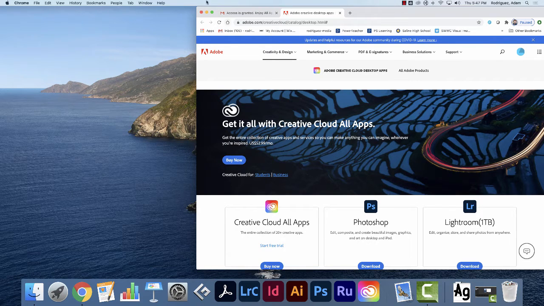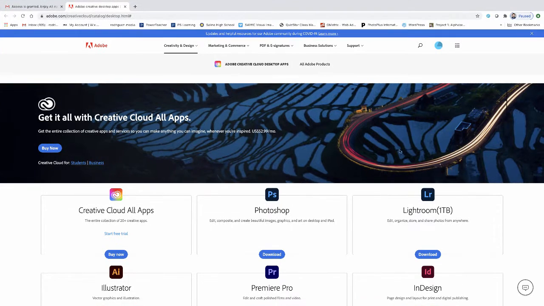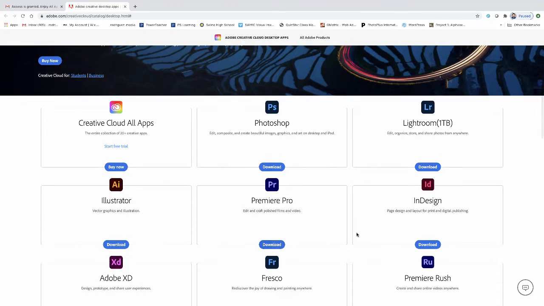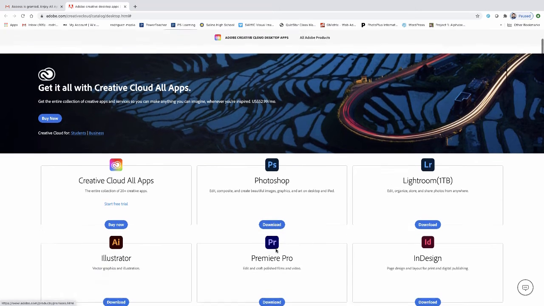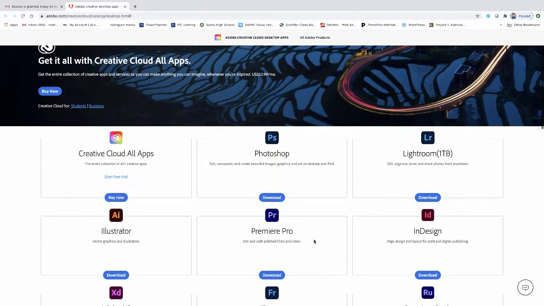Cool. Once you're here, you're on the Adobe website, and now you're at a point where you can start downloading and installing the apps that you need. If you're one of my photography students, you will need to download the Photoshop app. You'll need to download the Lightroom app. And